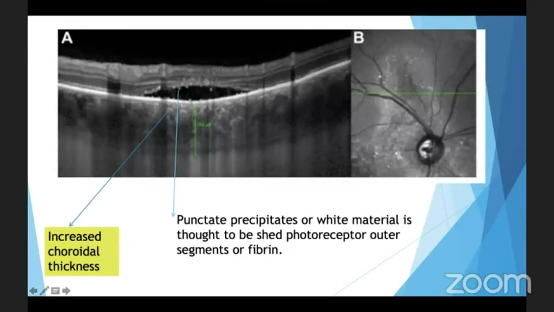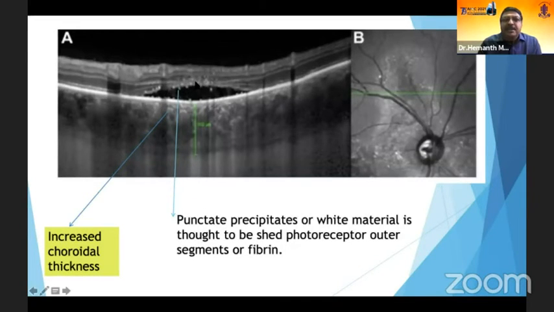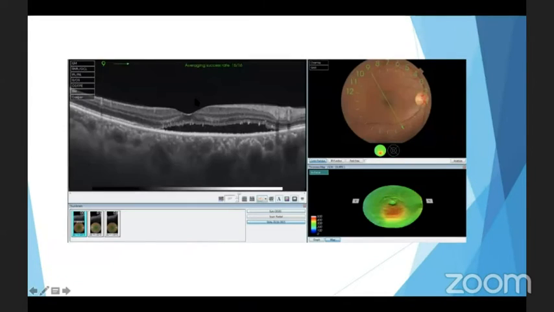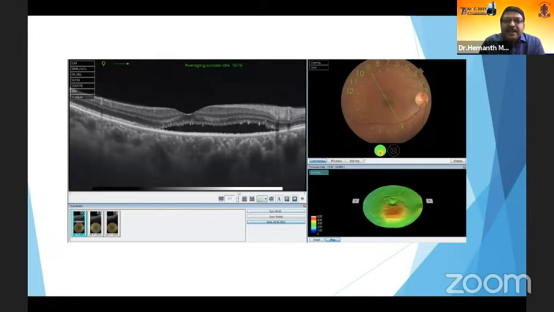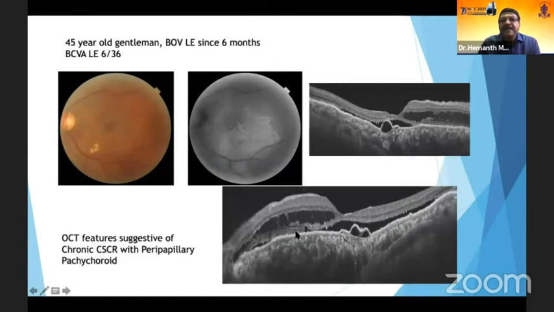And then there are punctate crystates that you see present along all the areas, both on the posterior retinal surface and on the RPE, you would see these white crystates. This is another patient of chronic CSR. As the patient shows recurrence, you would see these white punctate crystates. As it goes to more chronicity, you would see intraretinal changes present in this patient. This is the patient who also has a thickening of the choroid.